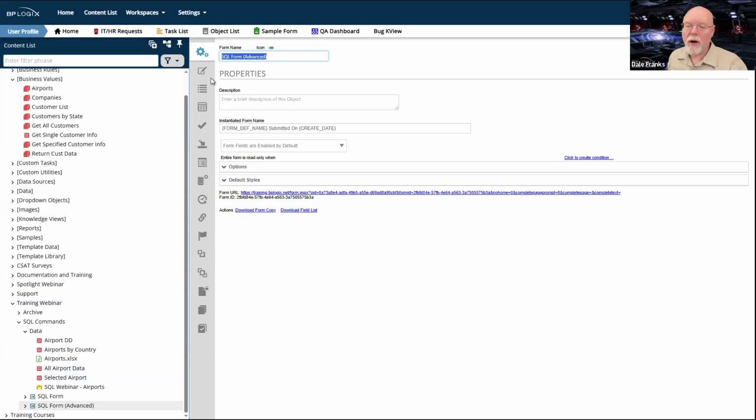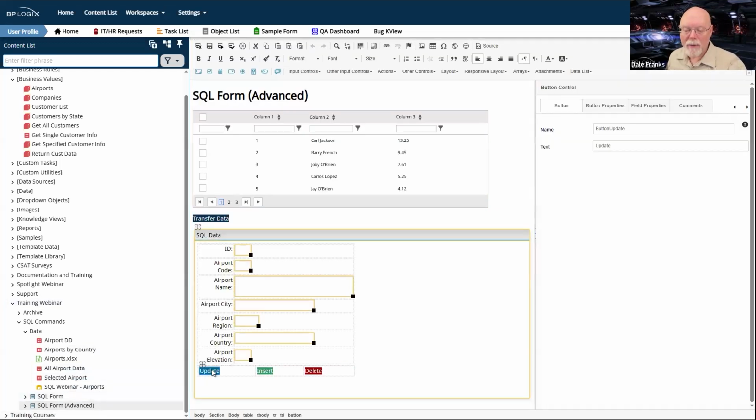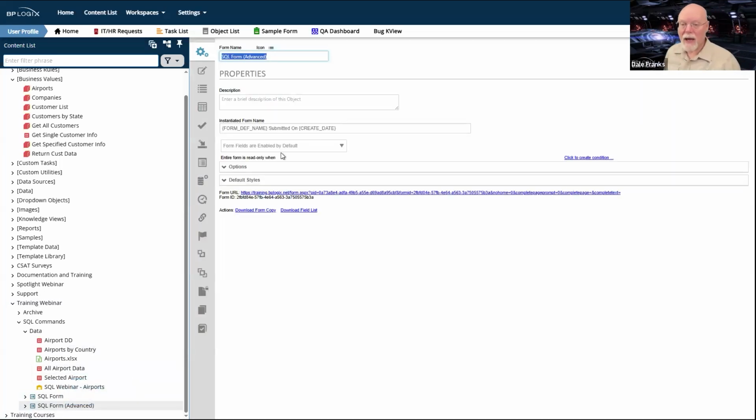So if we take a look at our form here, you'll notice that I have an update button right here that is called, logically enough, button update. And I want to be able to run my update SQL statement when I click that button. What that means is that I need to use the SQL command custom task.